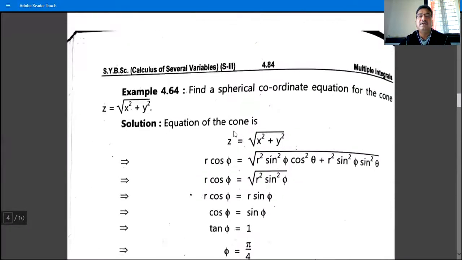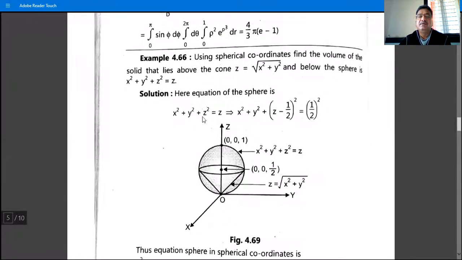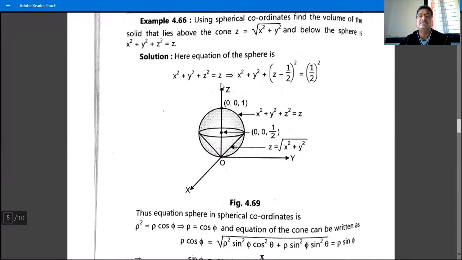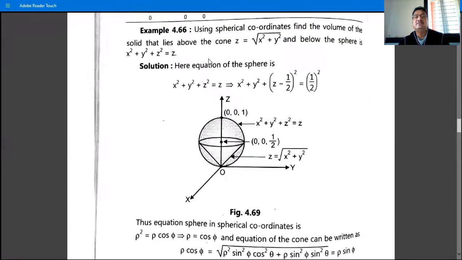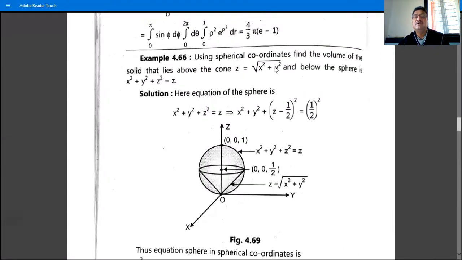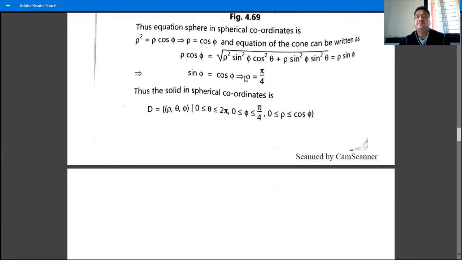So we have the polar equation of this sphere, x square plus y square plus z square is equal to z. This is the polar equation: rho, or r, is equal to cos phi. And the equation of the cone, z is equal to root x square plus y square, the polar equation of the cone, converts to phi is equal to pi by 4, and the solid in spherical coordinates is,